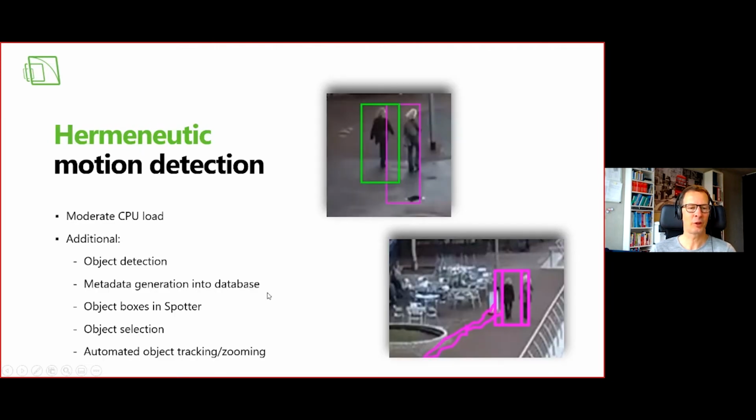And finally, we have this hermeneutic motion detection, which has a higher CPU load per camera, but it gives you more metadata. That means the hermeneutic detection is constantly learning if a scenario is very complex. For example, heavy weather situations, or you have a flag that is moving in the wind all the time, then you should use the hermeneutic motion detection. The learning process is much longer than with the adaptive motion detection. We put all this into the server, so this is a standard in our server to do motion recording and alarming, but it is also part of the motion search, and you can use it here as well.